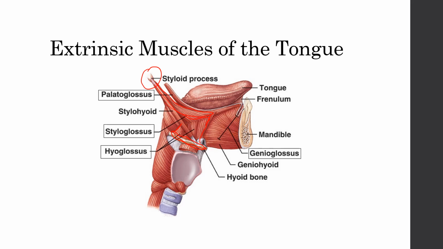and extends upward in a quadrilateral sheet to insert to the side of the tongue. The genioglossus extends from the superior mental spine of the mandible here and radiates backwards in a fan shape to insert to the mucous membrane of the tongue. The extrinsic muscles of the tongue act to alter the shape as well as the position of the tongue.